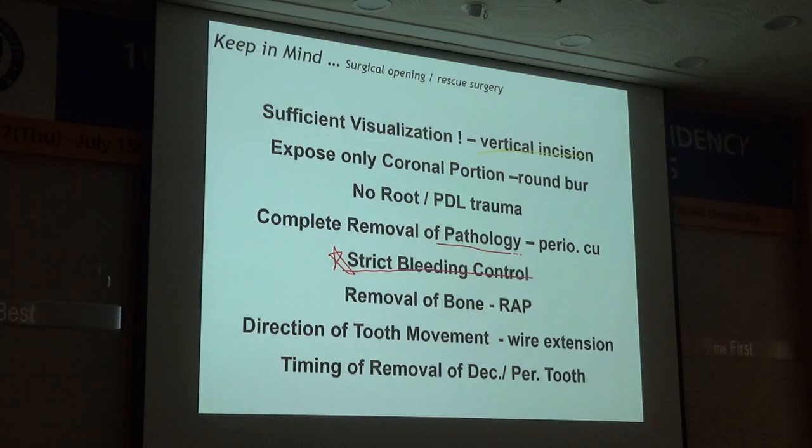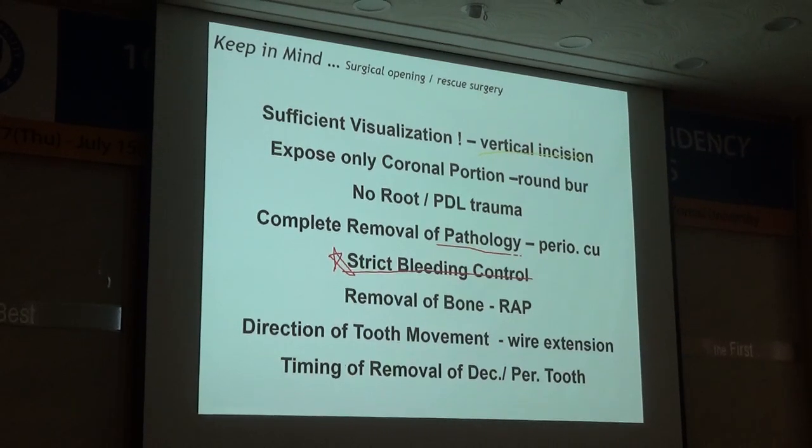So I do a very strict surgical procedure, and sometimes I use an anesthetic solution which contains high epinephrine, about 1 to 80,000 epinephrine. That may be good for short-time bleeding control. And I told you that I removed the bone for that kind of thing. And then